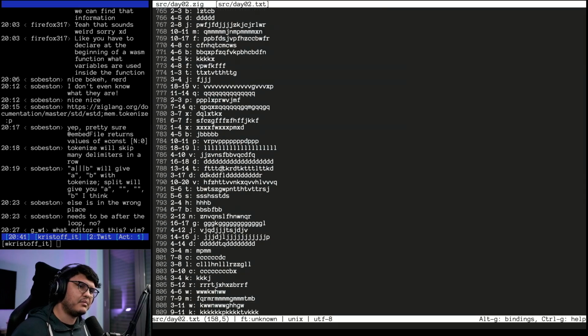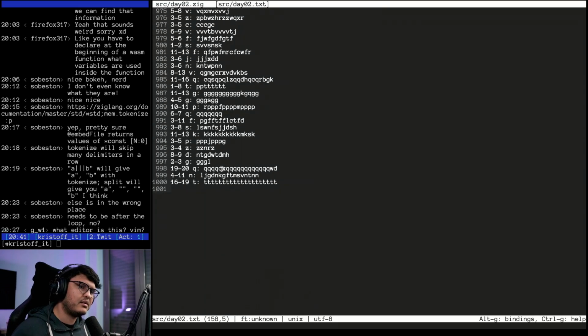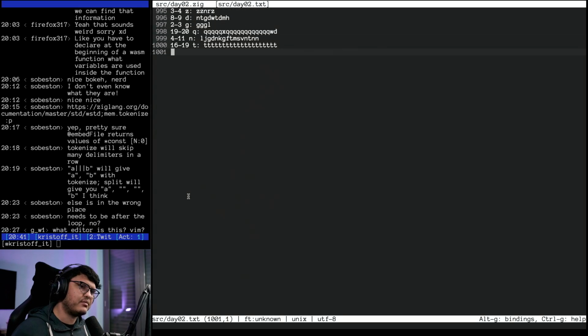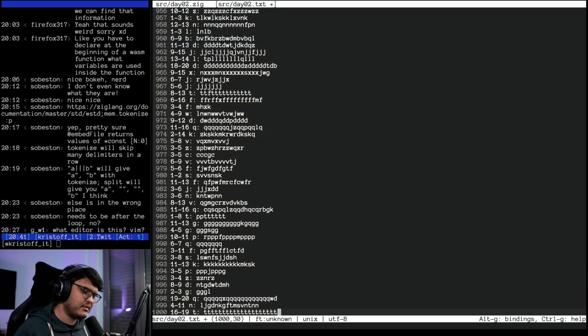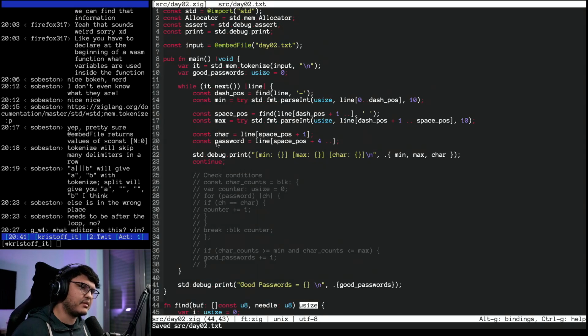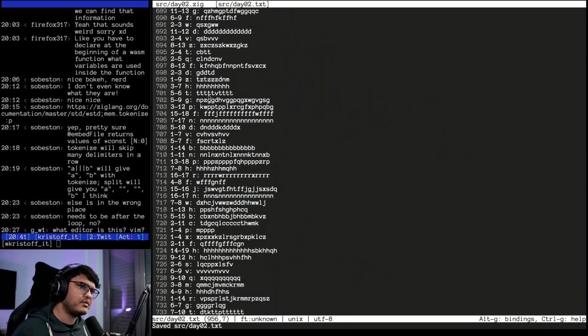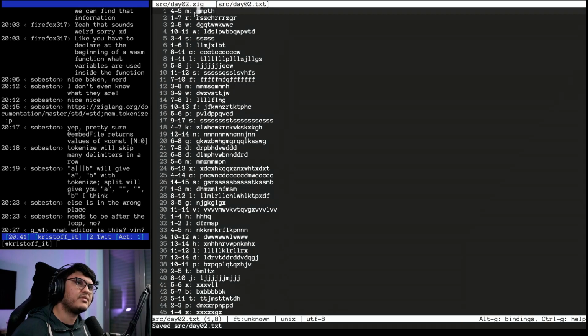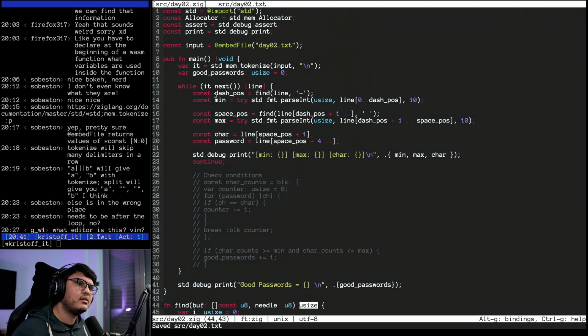Are there really malformed lines somewhere? Could be that, oh, there is a 100th line that I think I should delete. Could that be it? No, but the problem happens at the first line already. This is interesting. So the problem happens at the first line, and it happens immediately when you try to do parse int. Dash pause.